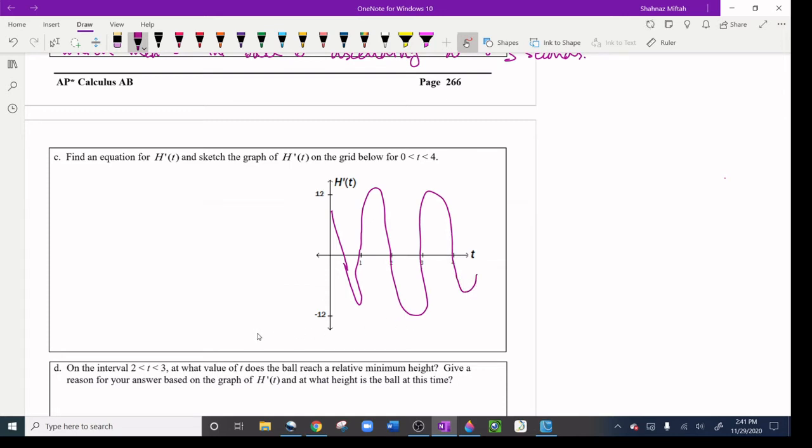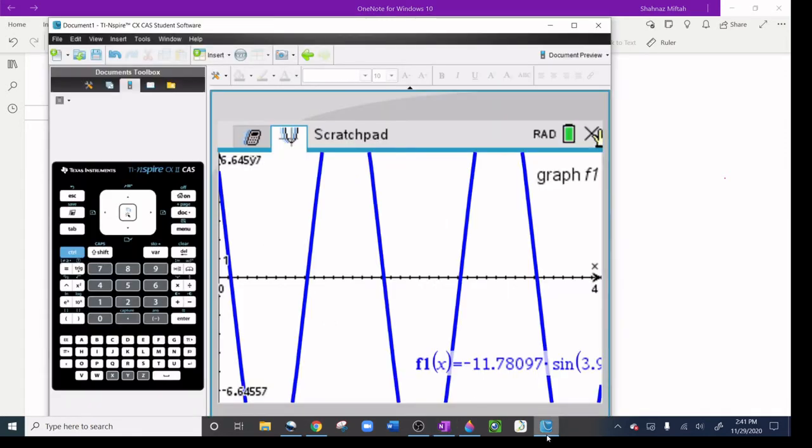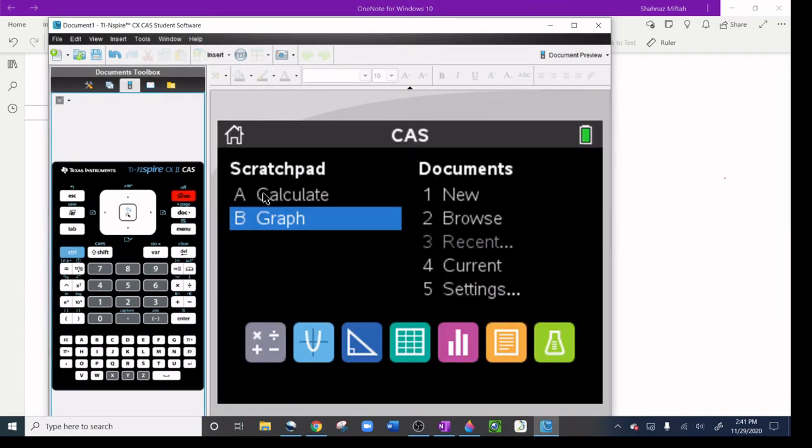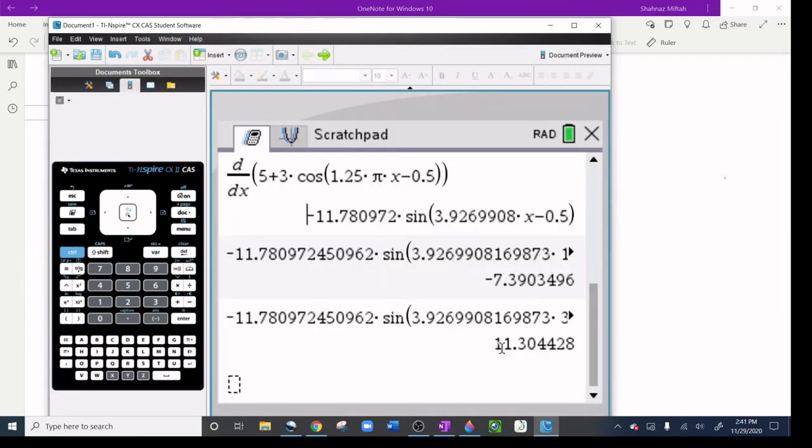That's my graph for the h prime t. Now, again, on the grid below, I can find an equation for this. Since we already know the equation for it, it's going to be h prime t. On the calculator, I already have h prime t, which I can go back to the calculate part, and it's this. This is my equation after I took a derivative of this function. So this is exactly what I'm going to write, negative 11.78,